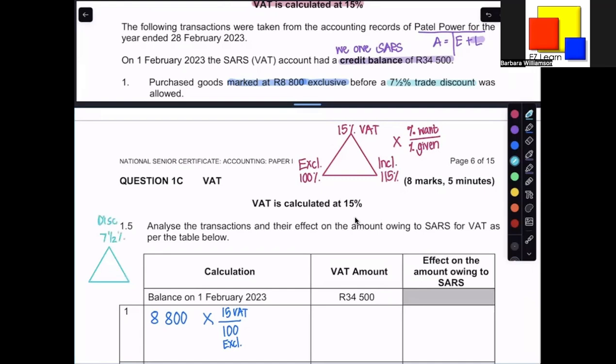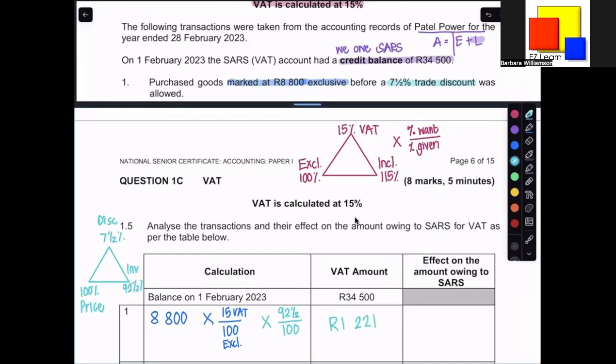Ask yourself, a discount is a 7.5% of what? The 100% is the original marked price, which means that the invoice amount will only be 92.5%. So in our calculation, can you see that you can take a shortcut and simply say, I want my invoice amount of 92.5 over, I've got the original price of 100. And once you've done that, you should get a nice answer of